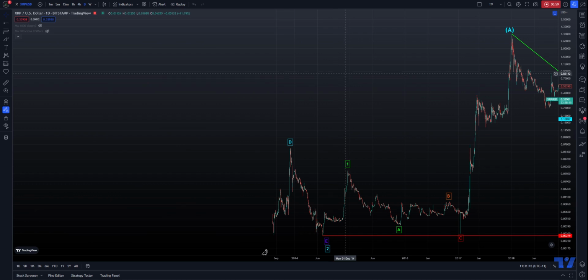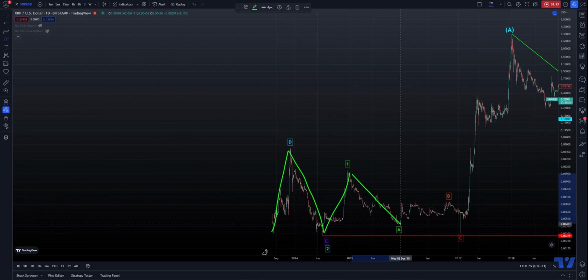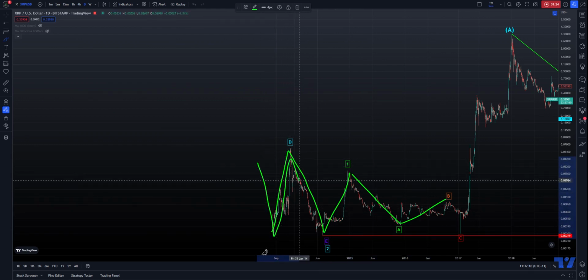Now, this here looks like a zigzag wave, right? Then you've got a 5 wave move, and then you've got a 5 wave move, right? And then after that 5 wave move, you've got a 3 wave move and a 3 wave move. Now, it's easy to assume that this could be an A, B, C,